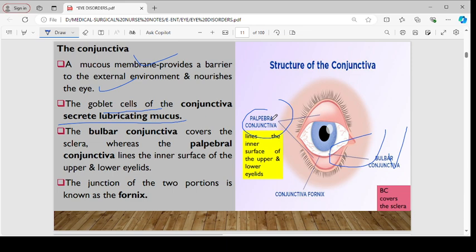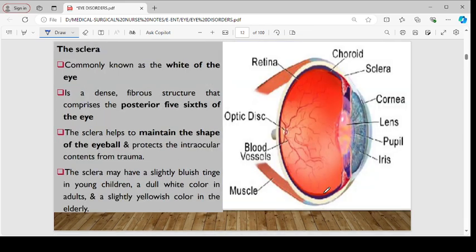So this palpebral conjunctiva and the bulbar conjunctiva normally meet in a place we refer to as the fornix, right? So we have the conjunctival fornix as the place where the two portions of the conjunctiva meet. From there we go to the sclera, which is also commonly referred to as the white of the eye. It is a dense, fibrous structure that comprises the posterior 5/6 of the eye. The sclera helps in maintaining the shape of the eyeball and protects the intraocular contents from